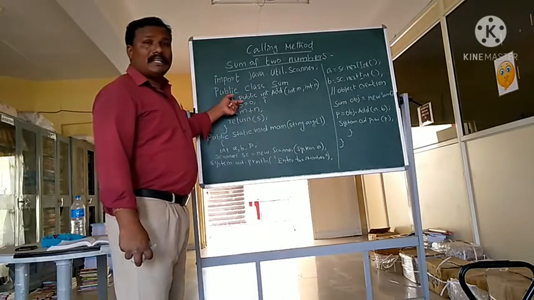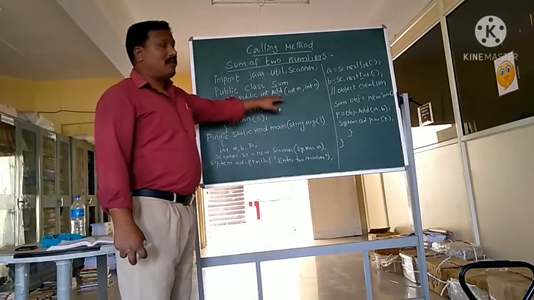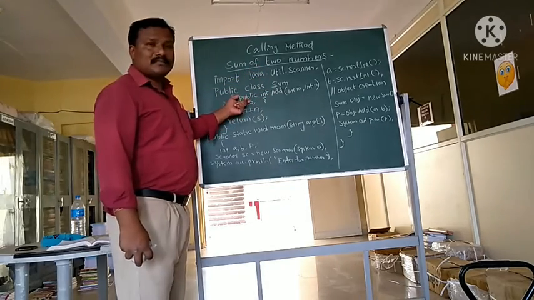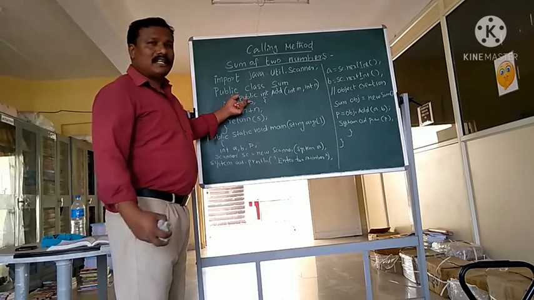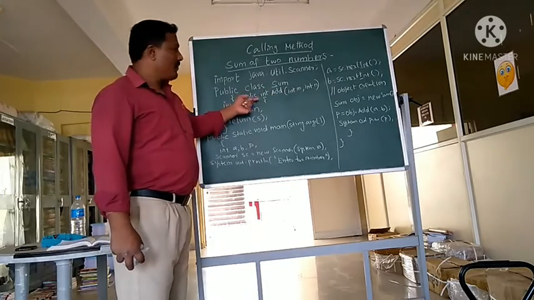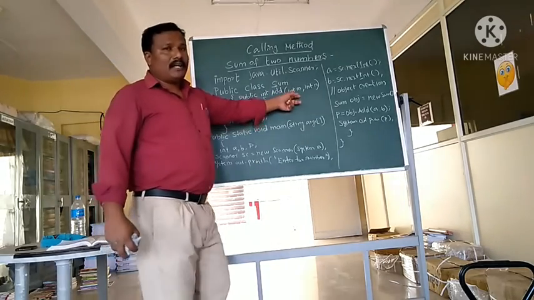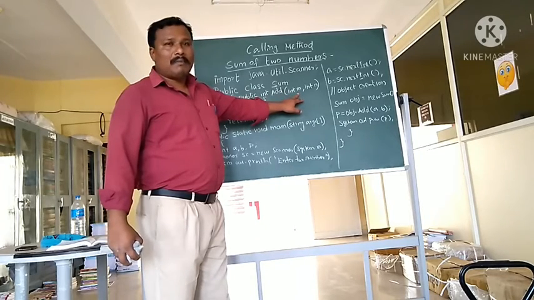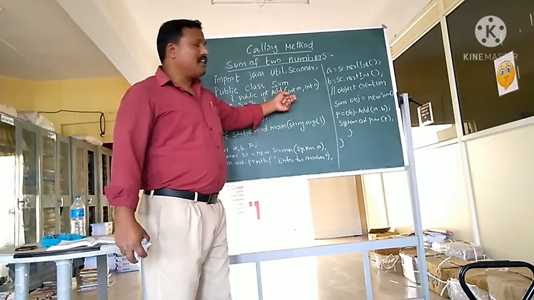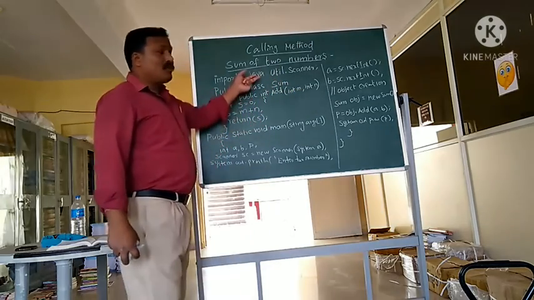Then second one, my function. It's a user-defined function. I give the name add, because my program is going to add two numbers. In the previous class, we talked about the syntax of a user-defined method: public int add. It's an access specifier, a return type, and the method name. This is a parameter list. Here I used two parameters. I already told you we call them formal parameters, the parameter list of the user-defined method we have created. I have used two parameters because I am going to add two numbers.